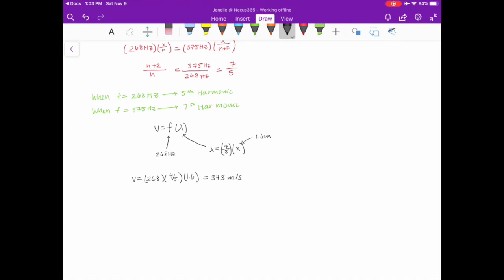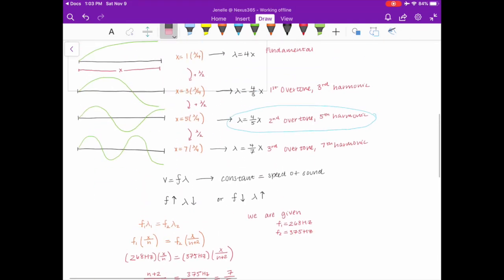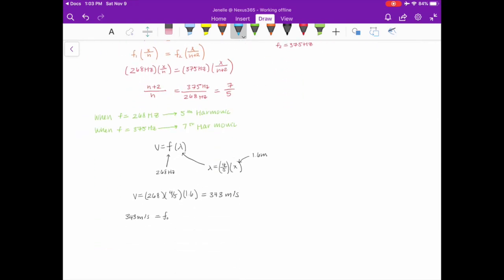Now let's solve for our fundamental frequency. 343 meters per second should equal our fundamental frequency multiplied by the wavelength that the fundamental frequency yields. And from the diagram we drew out, we can figure out that the fundamental frequency wavelength should equal 4 times the length of the tube. Let's plug in these values. So let's plug in 1.6 as the length of the tube, and we ultimately get that the fundamental frequency is